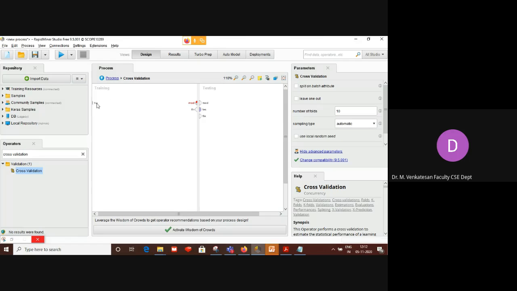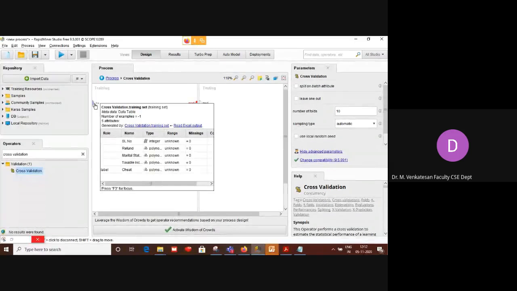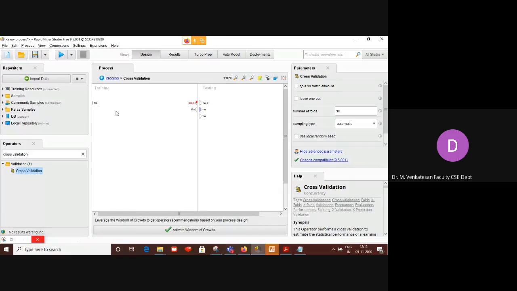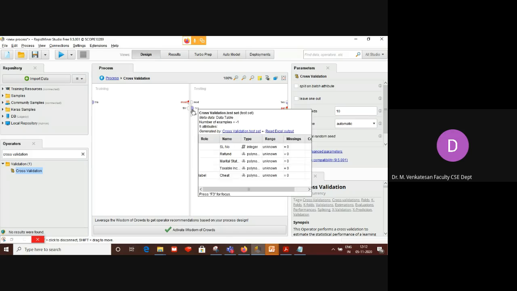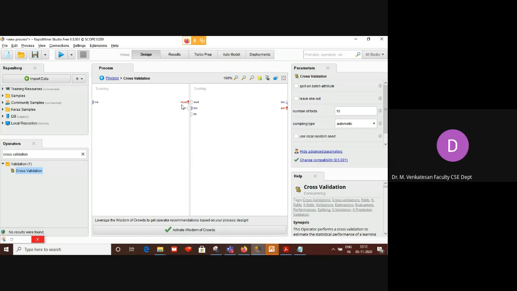The training data will be available in this port, under the training window. And under the testing there is one port in violet color. That is the testing data. So the data is divided into training and testing.